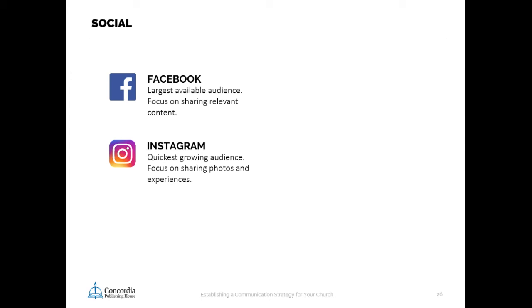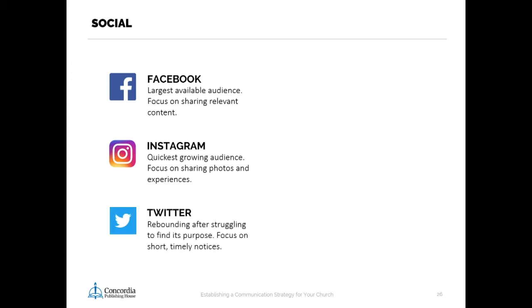Twitter, this is one of the ones I updated since last summer, because I used to say they were really struggling to find their identity. They're actually rebounding a little bit, and I think some of that has to do with a certain president that uses it all the time. But it's a very different kind of platform. It's news-driven, and I don't think there's that much value in it for churches, depending on who your target audiences are. Now, the statistics will show men use it far more than women, and so if you are targeting that audience,